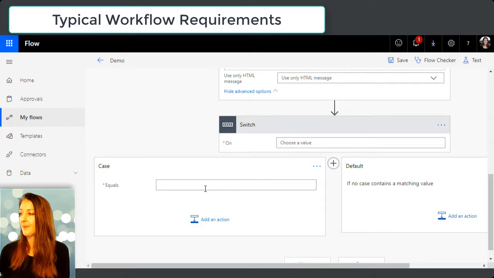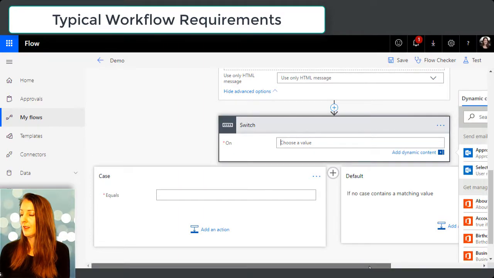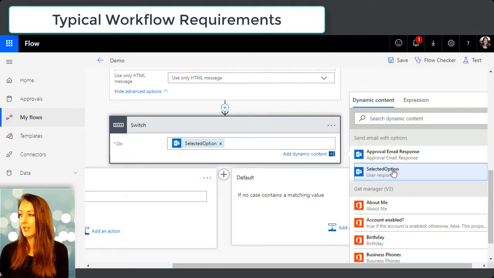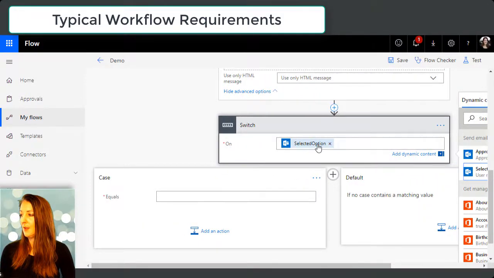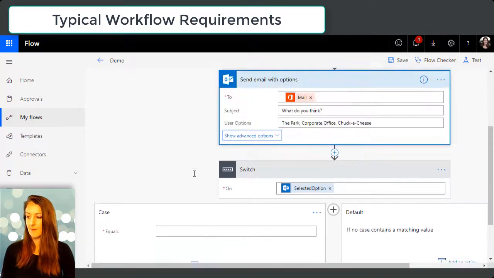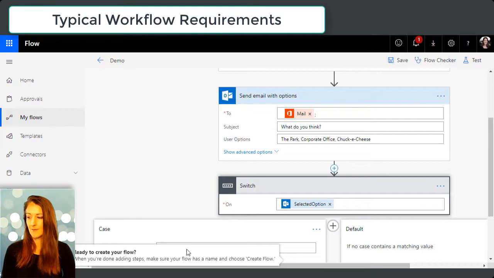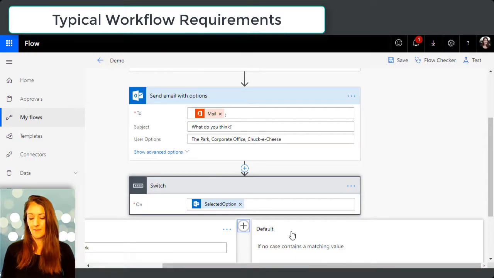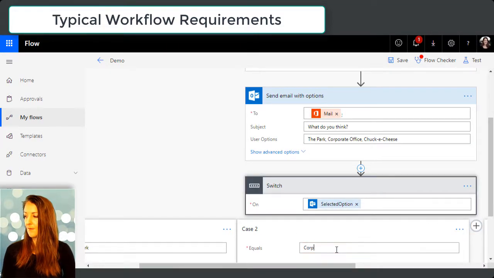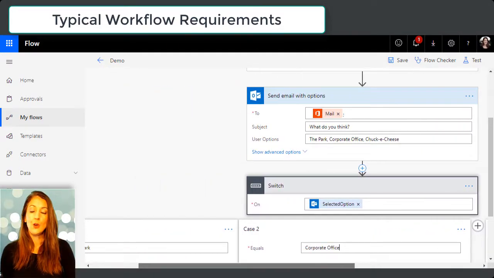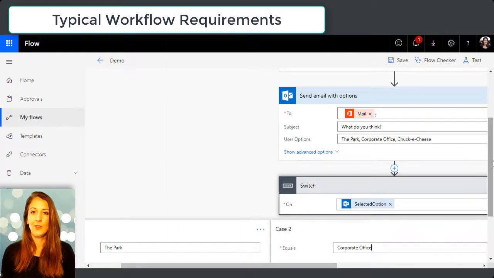So I have selected option, which is what they click on, and if they choose, let's see, let me shrink this down. So you can make the workflow go down and actually do different things depending on what they pick, or you